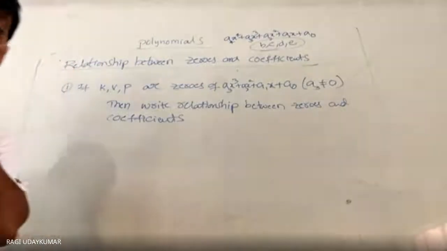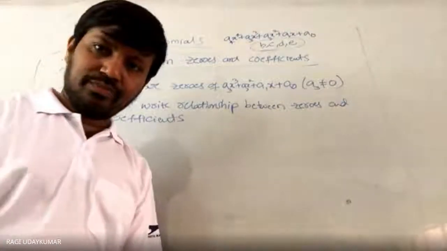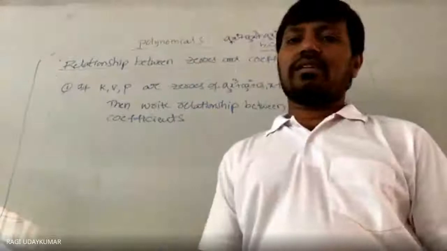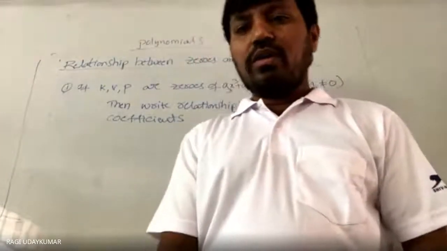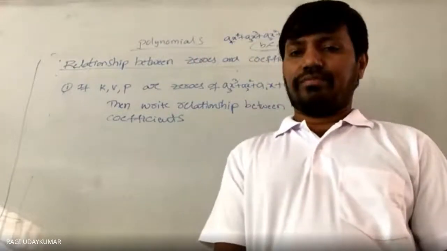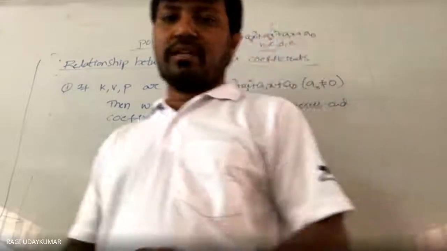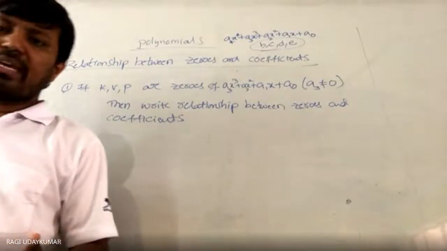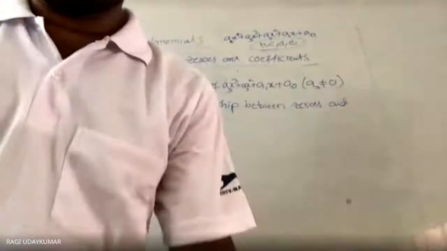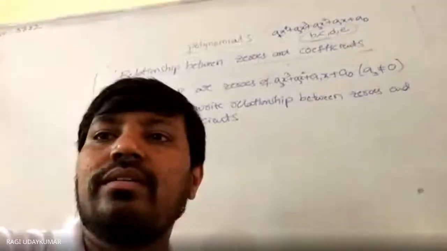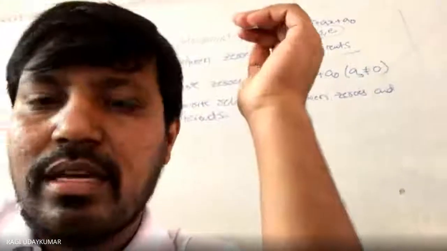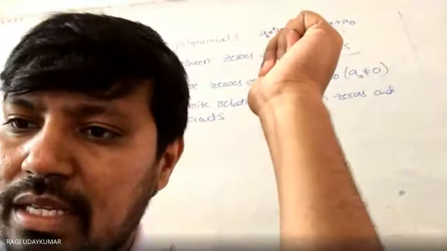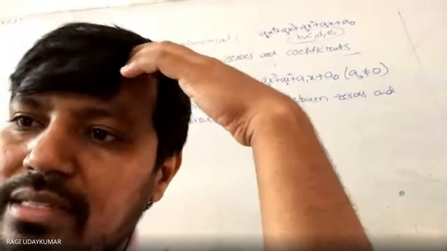See here, when you learn a subject in a different way, then it is possible for you to learn very quickly, and you can remember it forever. Simply don't blindly remember that sum of the zeros means minus B by A, product of the zeros means C by A. Don't try to remember like that. Okay? Did you get my point? And let us see the exercise problems of 2.2 in tomorrow's class, the next class.